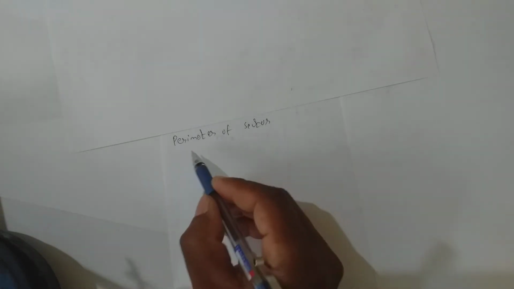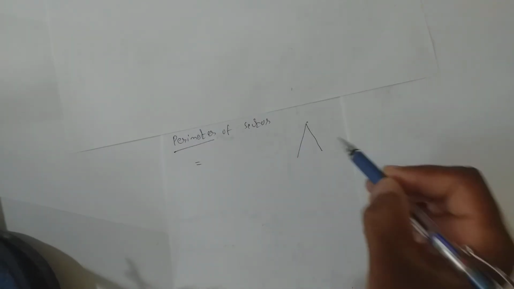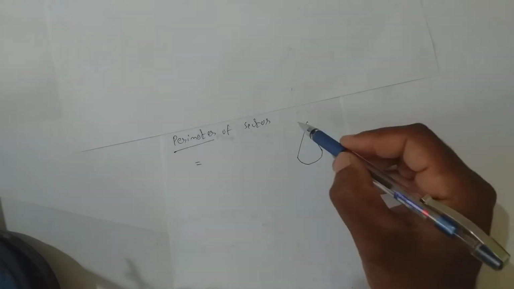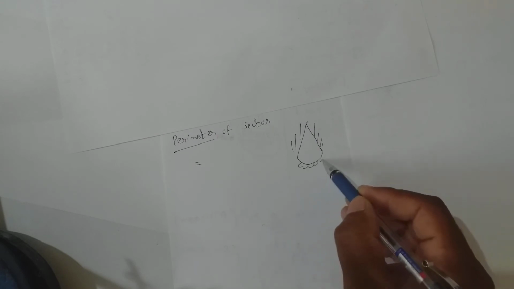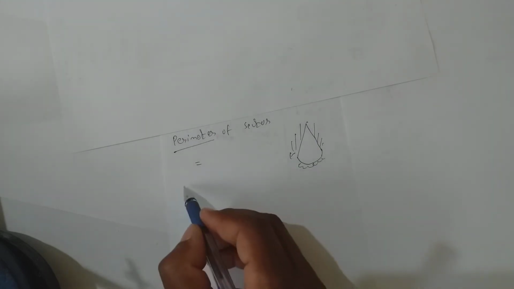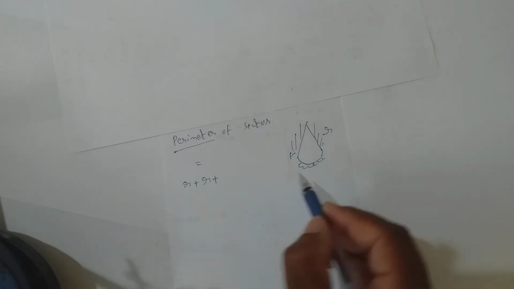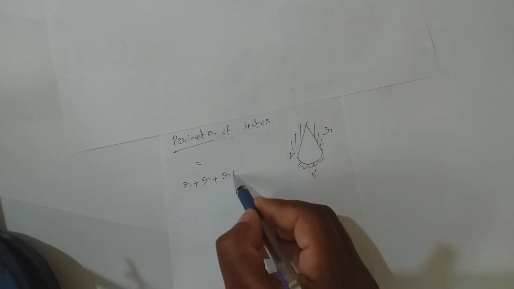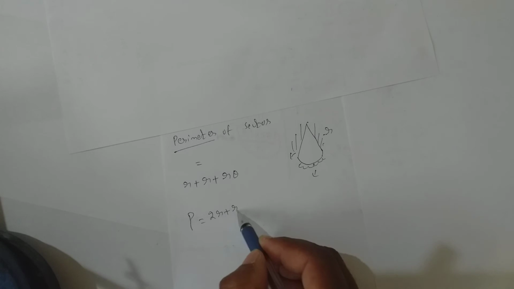Next that you need to know is the perimeter of a sector. Perimeter means you need to add all the outer boundaries of it. A sector looks like this. So if I want its perimeter, I should add this, I should add this, and also this should be added. This length is nothing but r. This length is also nothing but r. This length is nothing but the arc length. The formula is r theta. So the perimeter of a sector equals 2r plus r theta.